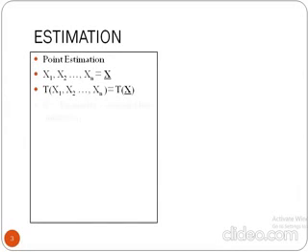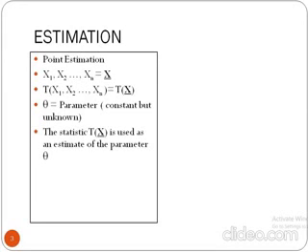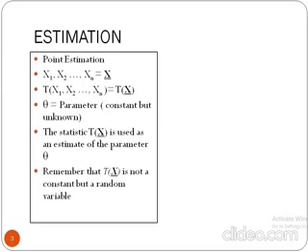And with the help of this statistic, which is a function of the sample, we try to find out the value of the population characteristics which we call parameters. Parameters are generally represented as theta, and statistic is generally represented as capital letter T. Now, this T(x) is used to estimate the value of the parameter theta, which is a constant quantity, but it is unknown. Remember that the value of T(x) is not a constant. Rather, it depends on the x vector, that is, it depends on the sample.